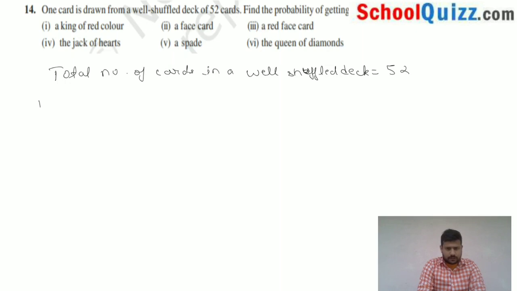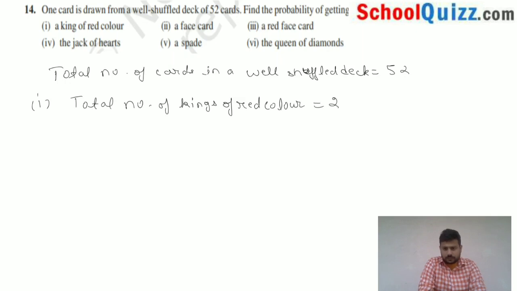So first of all, the total number of kings of red color is equal to 2. We have two red color king cards. So probability of getting a king of red color